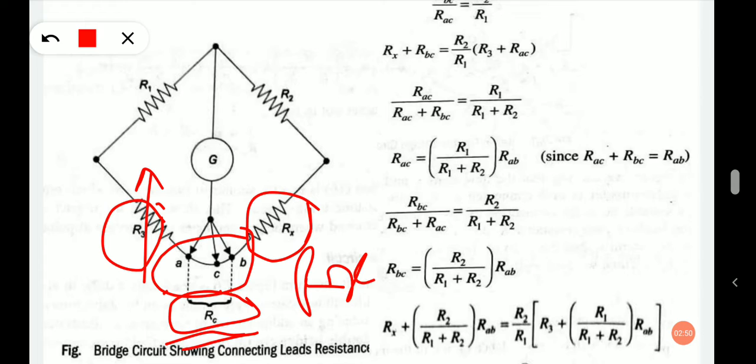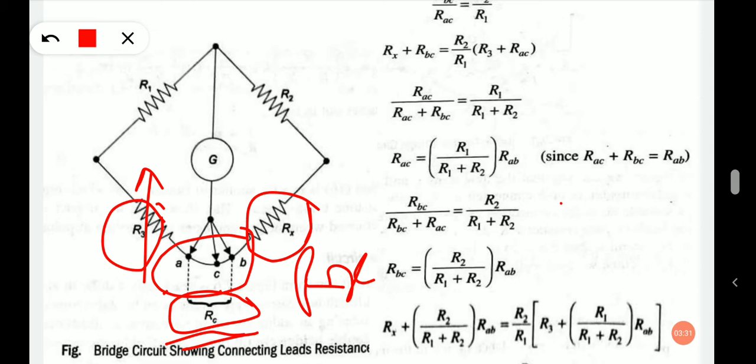If it is connected to point A, the connecting lead resistance Rc will be added to the unknown resistance Rx, indicating a considerably large value of Rx. If connected at point B, the resistance Rc is added to resistance R3, which increases the actual value of R3 for the galvanometer located at point B. This in turn causes the meter to indicate a comparatively lower value of the resistance Rx.